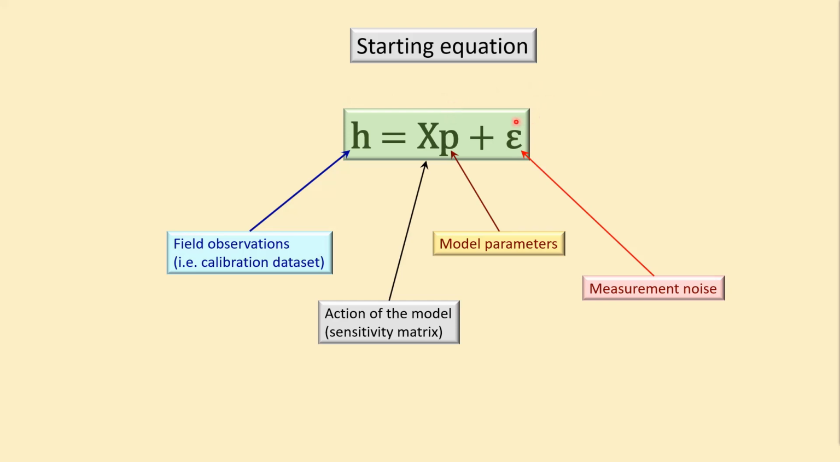The vector epsilon will contain noise associated with my field measurements. The vector X, which is very much like a sensitivity matrix, is the matrix which will describe the operation of the model on my parameters to produce outputs that correspond to measurements which comprise a calibration data set. So what this simple linear equation says is the action of the model on my parameters plus measurement noise is